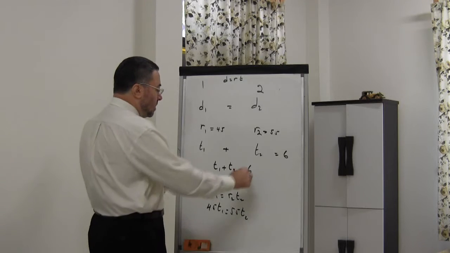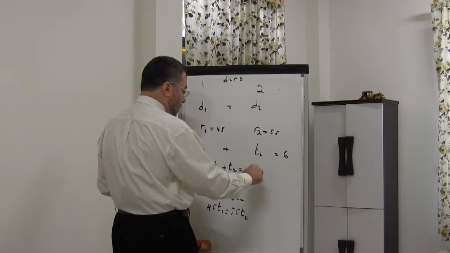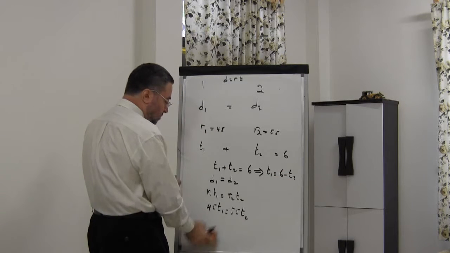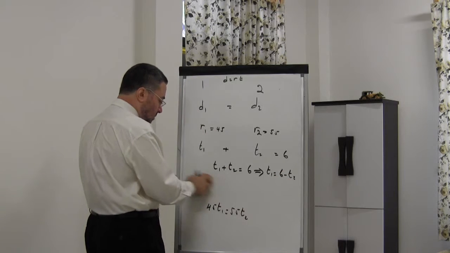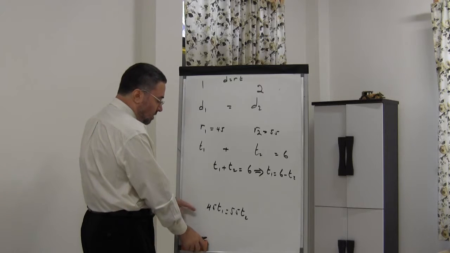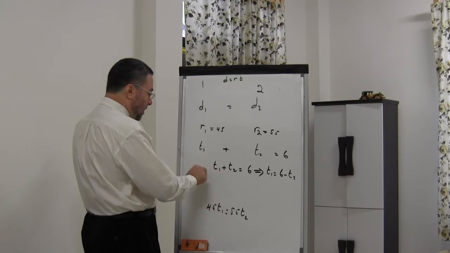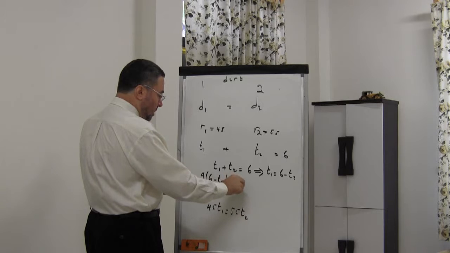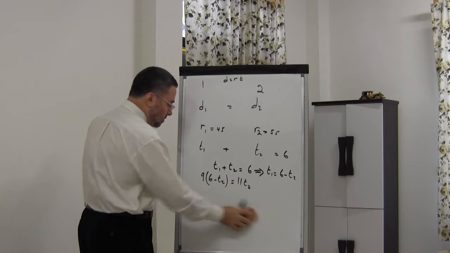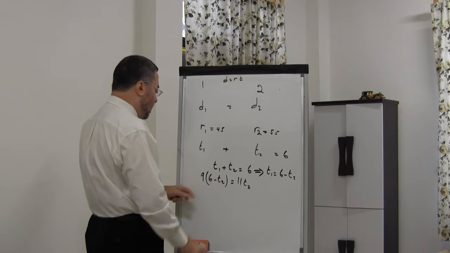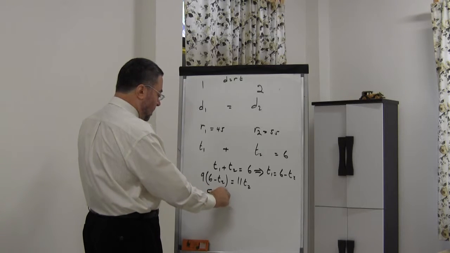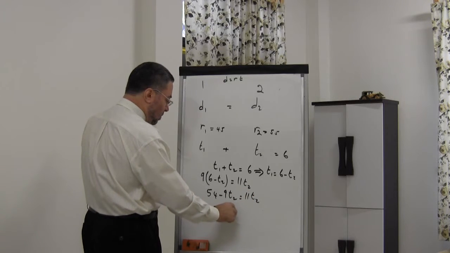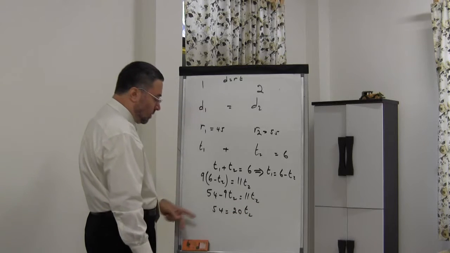We simply eliminate one of the variables, T1 equals 6 minus T2. Here we can simplify by dividing by 5. So we have 9 times 6 minus T2 equals 11 T2. And now here we have 54 minus 9 T2 equals 11 T2, and we have 54 equals 20 T2. And so